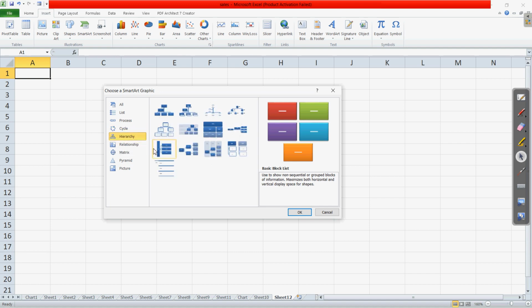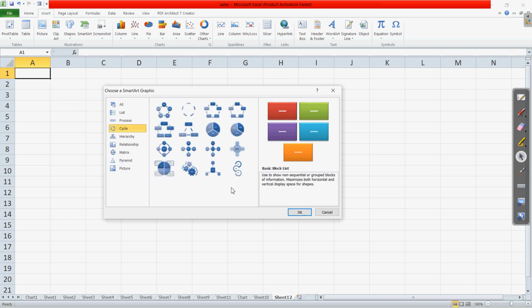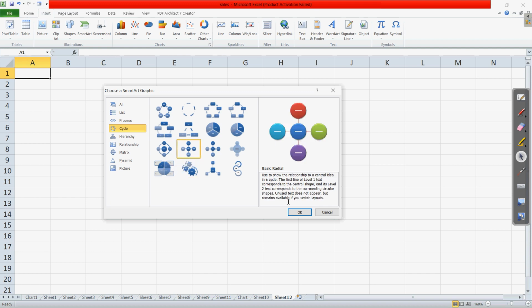Hierarchy, which we were talking about earlier, that if there is an organization in which we have the different levels, this can be written. Okay, so let us choose any of these, and we can write a few values here also. Let us choose any one of these.